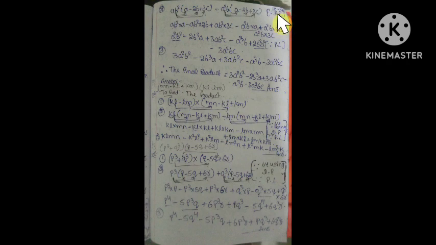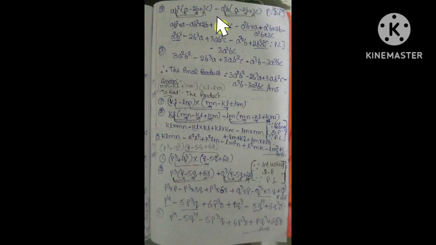What is the first term of the first binomial? It is ab² into each term of the polynomial, so a - 2b + 3c, minus the second term of the binomial, that is a²b, into each term of the polynomial a - 2b + 3c, by using the distributive property. Here there are two terms, and the monomial is multiplied by the polynomial. So again, by using the distributive property.